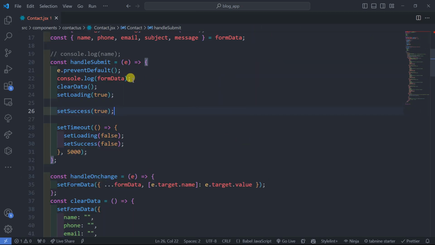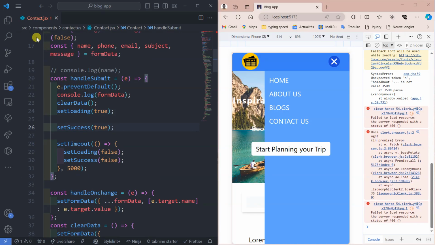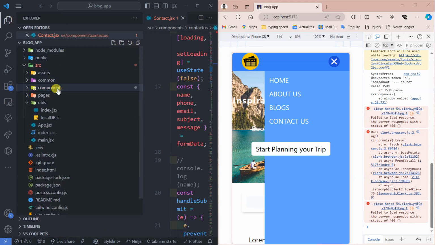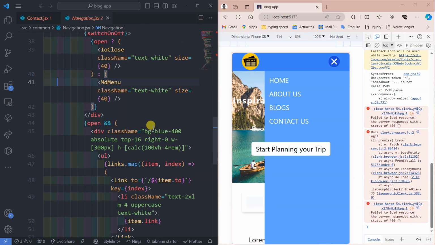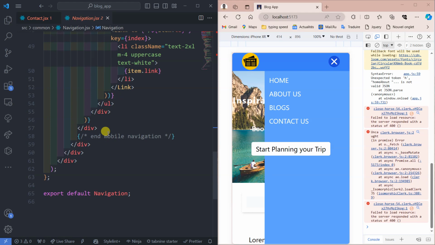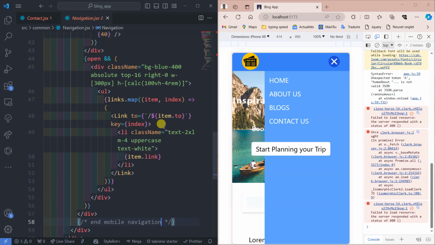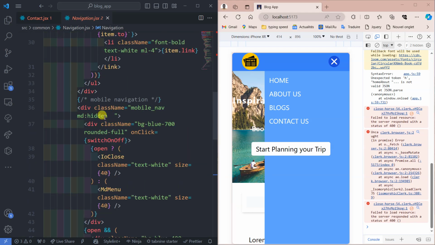Let's first of all push this one this side, and let's leave this contact. We are coming to solve the case of yesterday. Here we have components. Go to common, navigation. Then within navigation you need to go down to mobile view. Okay, mobile view, and here let's go up. Let's see, where did we put